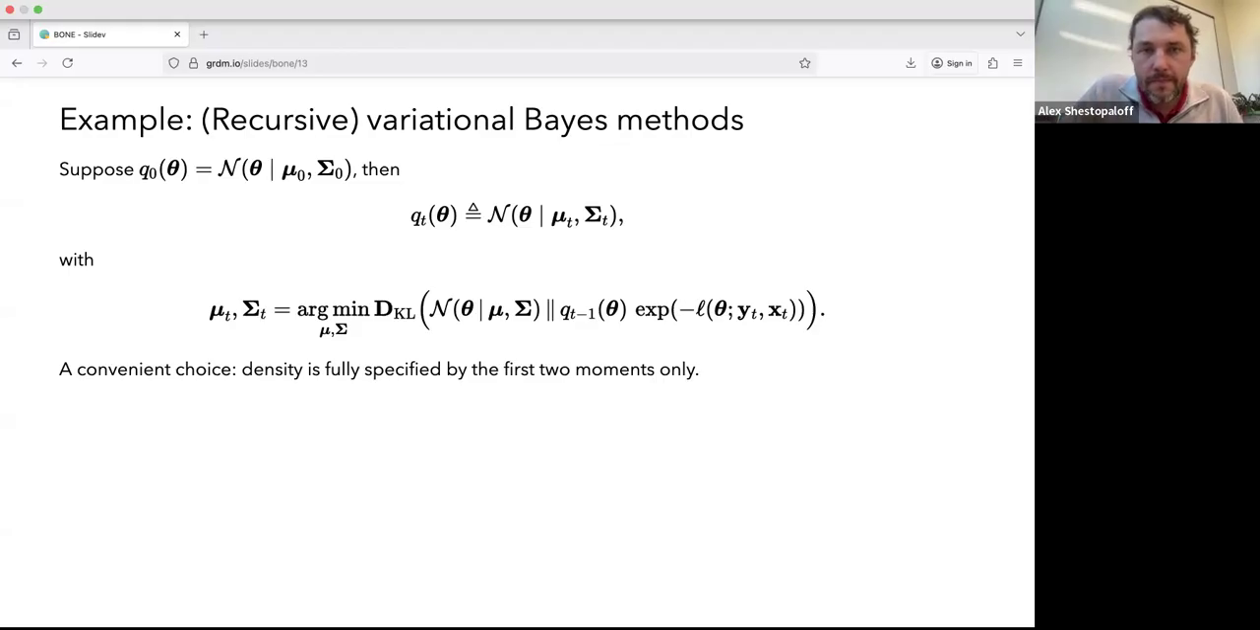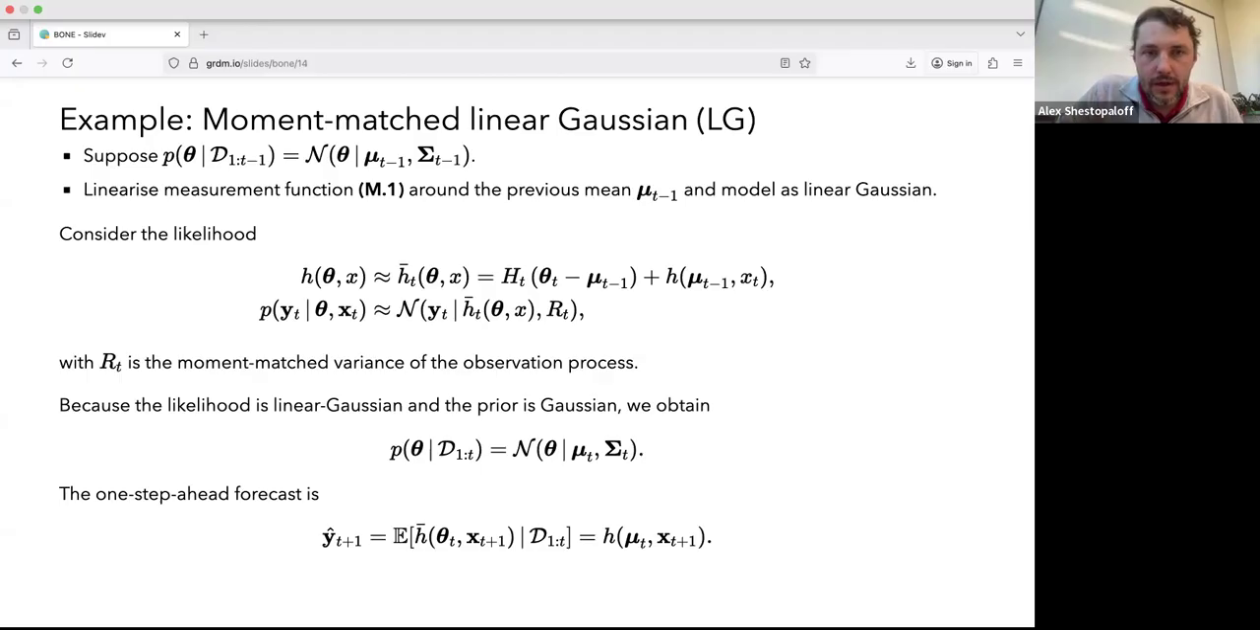So it's one possibility. Then we can have moment matched linear Gaussians, right? This is also a classical approach, where the measurement function is linearized around the previous mean. So here's the linearization, and the model is a linear Gaussian model, and there the likelihood is this normal with h bar as the mean, and R_t is the moment matched variance of your observation process. Because of the linear Gaussianity of the likelihood and the Gaussianity of the prior, updates become quite straightforward, right? So this now becomes our posterior,